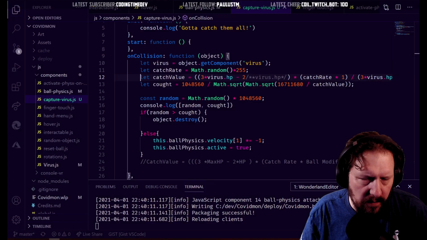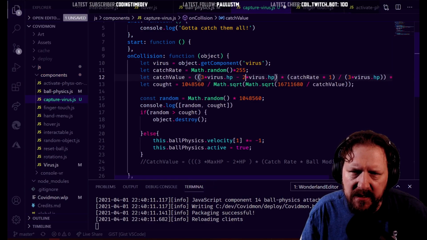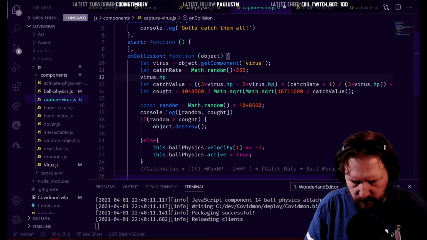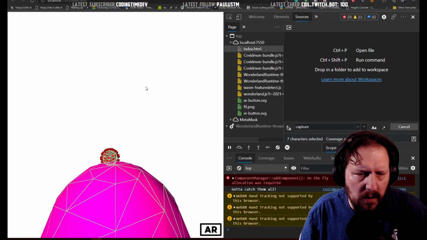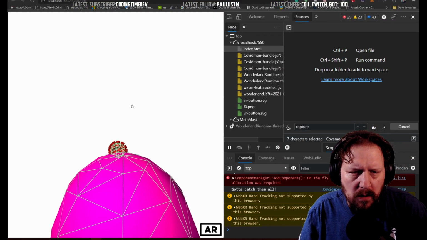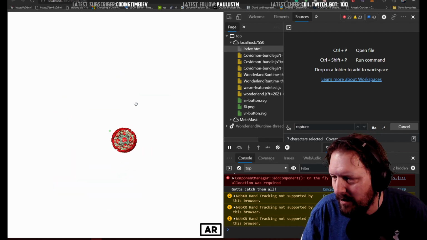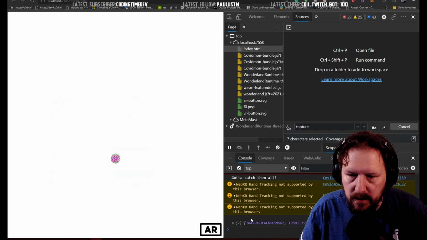No. Say its max health is, let's do the max health. It has max health, but the max health is 255 as well. Missed. Missed. It's too hard. Got it. So still,